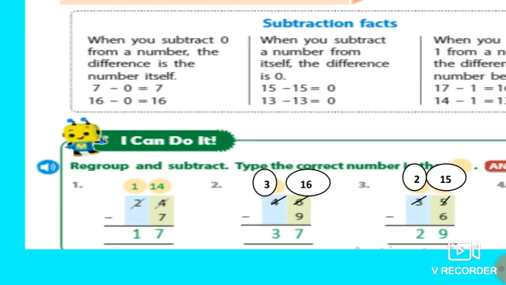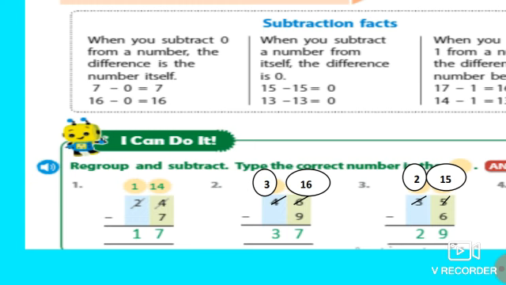So what will be left here now? 1. We will put a slanting line on 2, cut 2, and write 1 in a circle. And in the ones place, we will cut 4 with a small line and write 14. Why 14, students? Because 1 ten we have changed into 10 ones, and we have added it to 4, because 10 ones plus 4 ones becomes 14 ones. Now you will subtract from 14, not from 4.